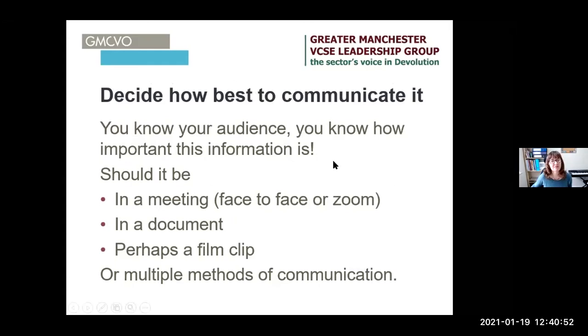The next bit is about, how do I communicate this information? And the idea is, what you are all experts in is your audience, your community, your people. Knowing what their existing knowledge level is, and it will be different, just like the people in this meeting are different. Knowing their prior knowledge is important, but also knowing which is the best way of communicating to